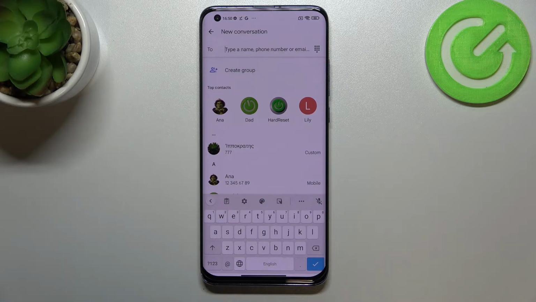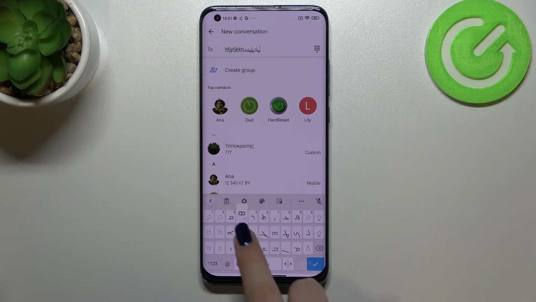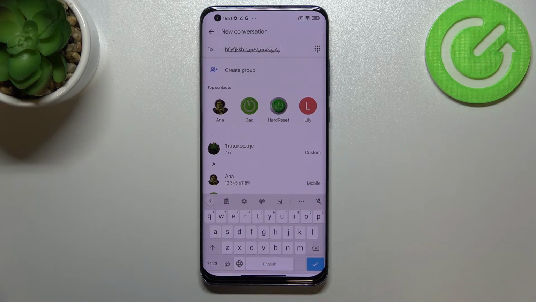So right now we've got the name of the language we are currently using, and next to it we've got the globe icon, which is, let's say, a language key. It will allow us to simply change the language. So right now I am typing English freely, but after tapping on the language key, I can easily switch to the Assyrian one. Let's tap on it again, and the same situation. So this is how to add new language to a keyboard,